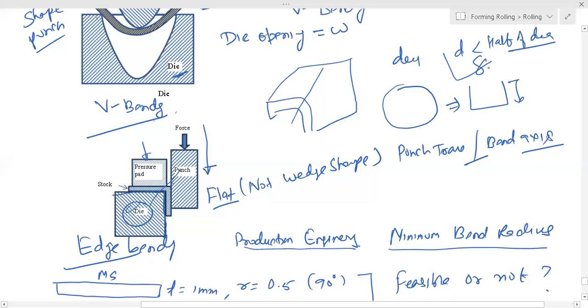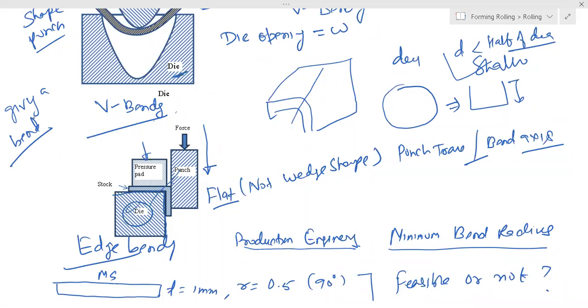Right? That we call cello. So it is not making a cup, simply giving an angle, simply giving a bend, that's all. The process, operation, definition and name are different. Bending means just to bend it. It is not making a cup shape body. Cello is also a cup, only the depth is less. When depth is more than half of its diameter, we call it deep drawing, meaning more depth is there.